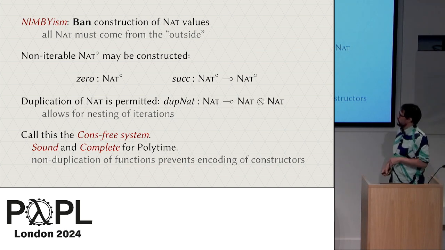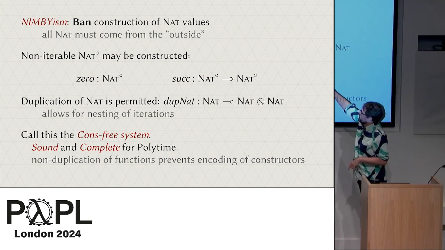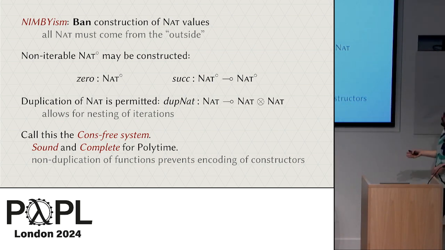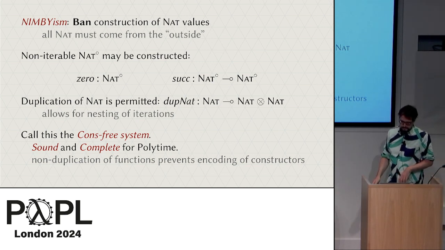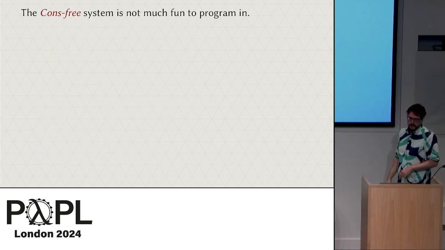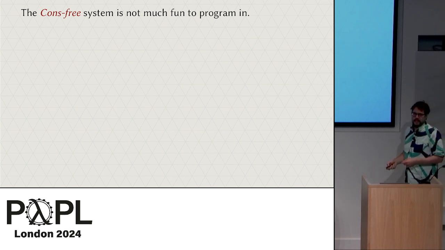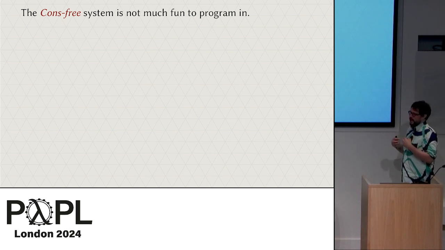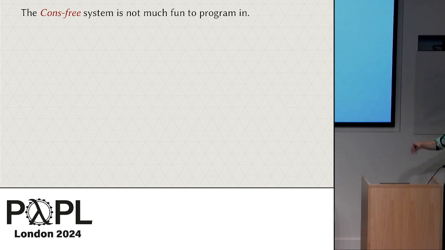Let's call this cons-free system. And a crucial point is the linearity. So like I said, we can duplicate natural numbers, but what we can't do is duplicate things at higher type. If we could do that, then we could encode constructors in some kind of Church encoding. So we're not allowed to do that. This system isn't very much fun to actually program in, because you get the natural number or whatever input you have that has some kind of size, and then all you can do is iterate over that. So in theory, you can do enough steps to simulate a Turing machine, but